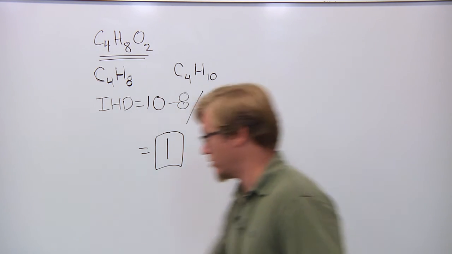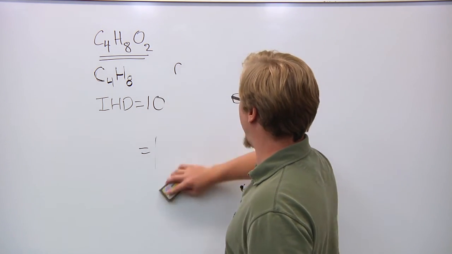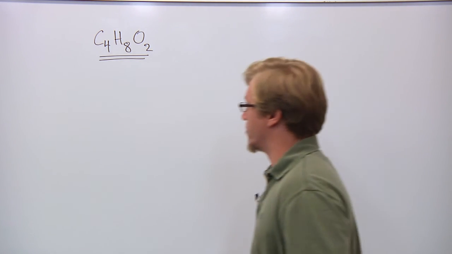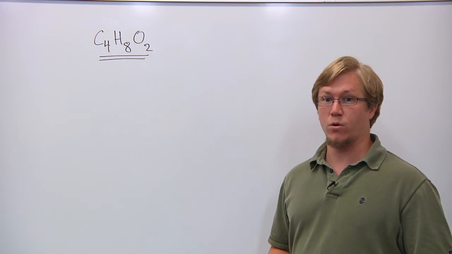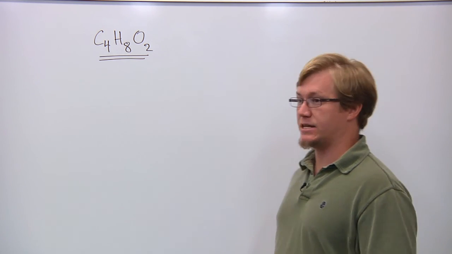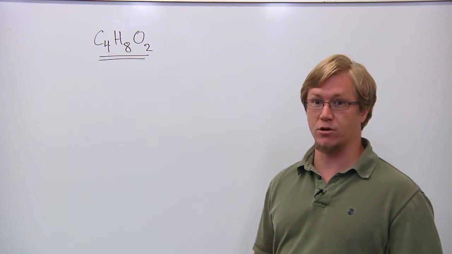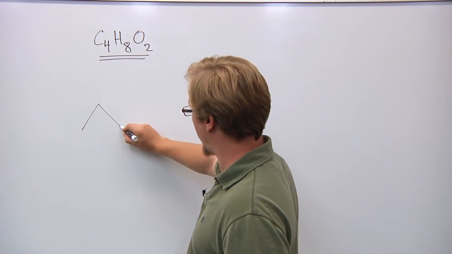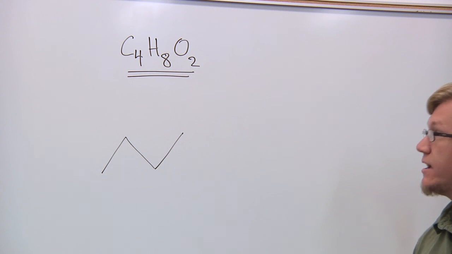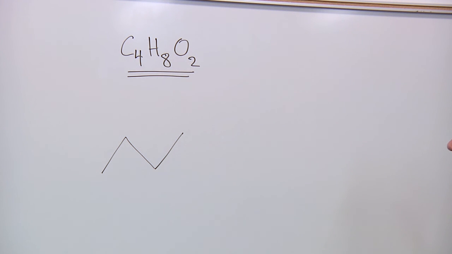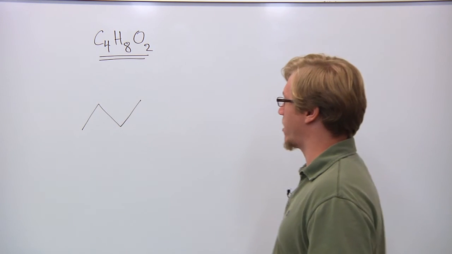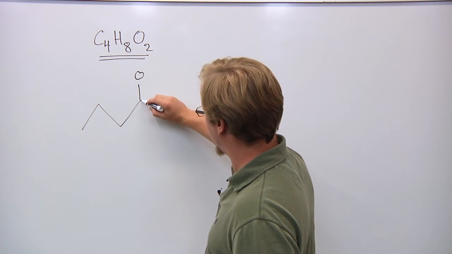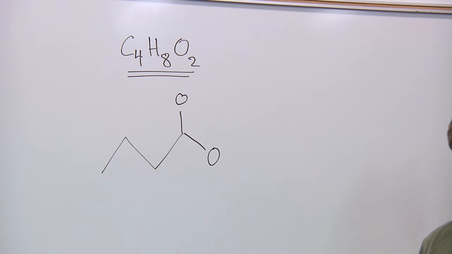Okay, now we're going to work out an example. The first thing that I want to do when working out an example here is to figure out what my backbone is going to look like, my carbons. So I know I have 4 carbons. So let's just draw a simple 4-carbon chain. Okay? Now I want to place my oxygens. I can put the oxygens pretty much anywhere I want to, but for this example, let's put an oxygen here and here on the same carbon.